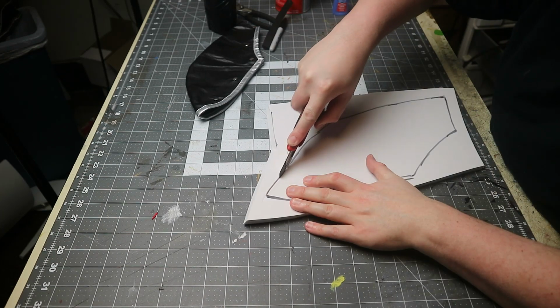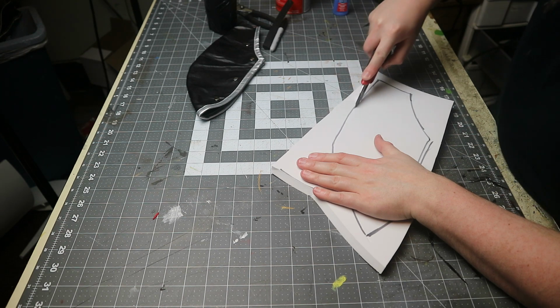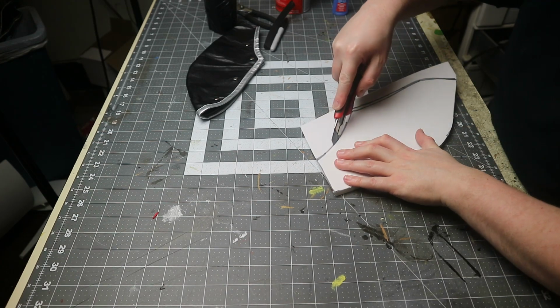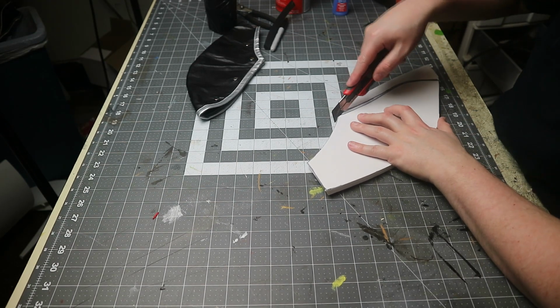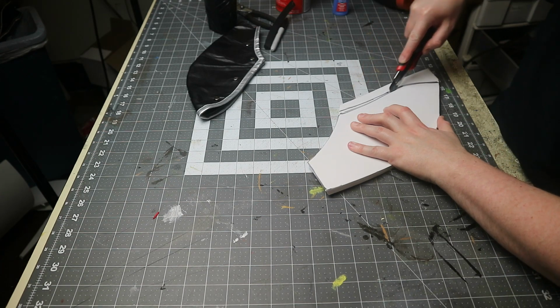When I cut along the edge that is the center seam where the two halves will meet up, I did so at a 90-degree angle, but the rest of the piece was cut at a 45-degree angle, or as close as I could get, with the blade pointing into the pattern. This made it so that the side of the foam that was facing up in the video here is actually the inside of the armor, because I wanted this slope on the outside, and I did this 4 times with